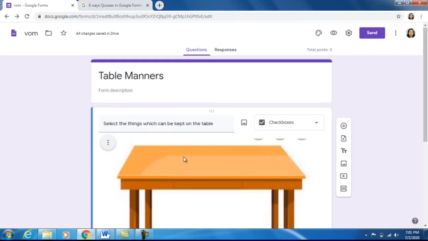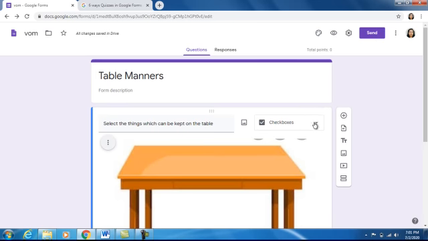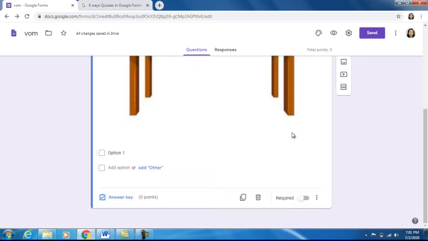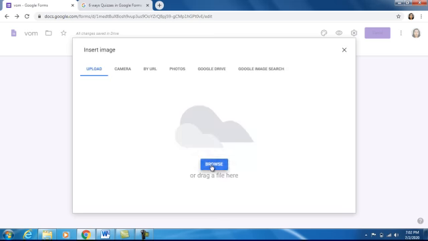Now you can see the picture of the table has been uploaded here. Now click on this option and you will see there are many options. So click on check boxes. Now again click on the first option, click on this box and insert the image.